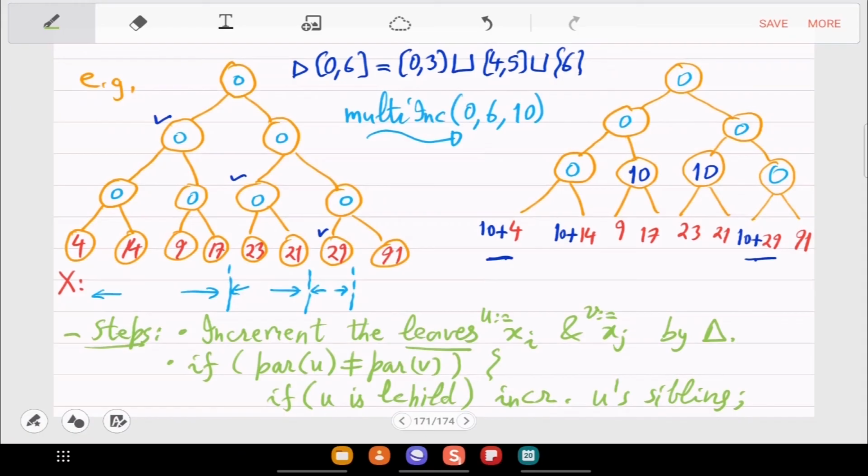What happens in the stopping condition is that when you reach the parents of this 10 and 10 internal node, that is 0 and 0, you reach here and you reach here. You reach these 2 dots, and then the parent is the same, so you halt. That's the stopping condition. Okay? So you start from Xi, Xj, increment them, and then move up till you reach siblings. At siblings you stop. You halt the sub pseudocode.